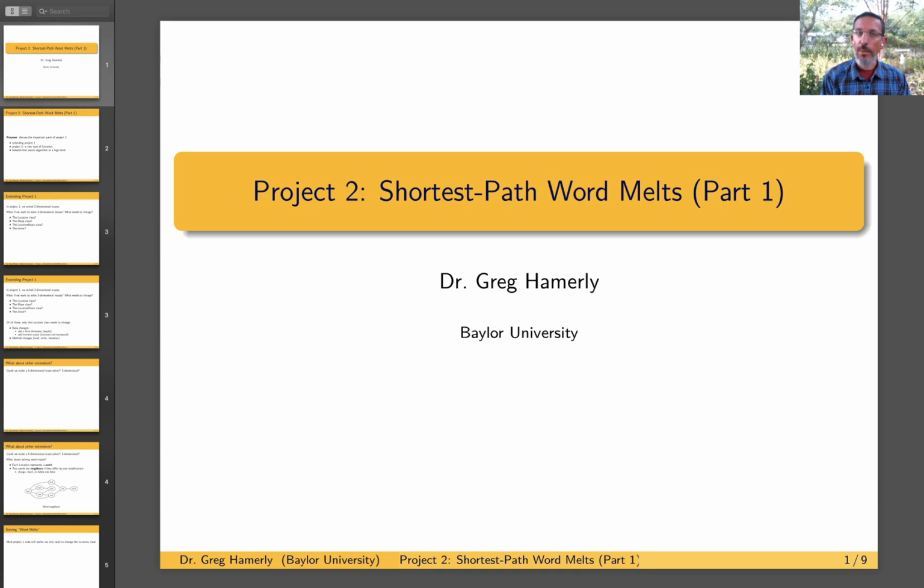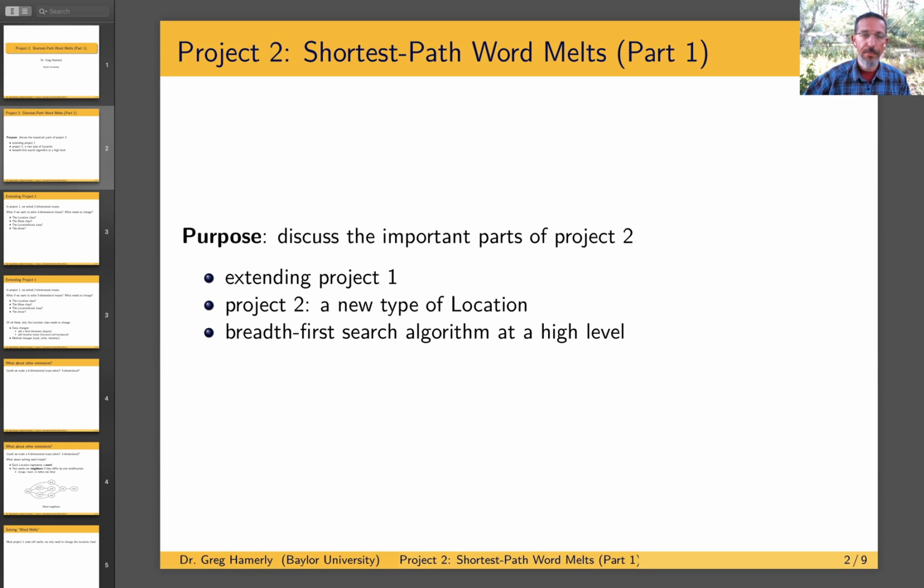Welcome to this lecture where we're going to talk about the introduction to Project 2, where we're going to look at shortest path word melts. This would be broken over two different lectures. We're going to discuss the high-level ideas of Project 2. We're going to first start by extending Project 1, and then we're going to talk about a new type of location that you might not have considered before, and then we're going to look at the core algorithm, breadth-first search,